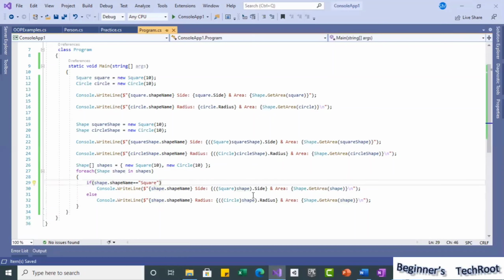But all this happens at runtime. This all will be at runtime, so this is the dynamic, nothing but runtime polymorphism. Now if I run this, I will remove this here. If we run, you can get the same result now.